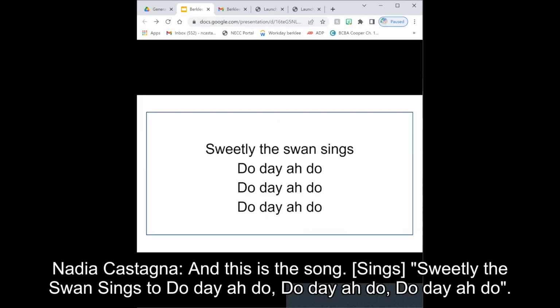And this is the song. Sweetly the swan sings, do-de-a-do, do-de-a-do,